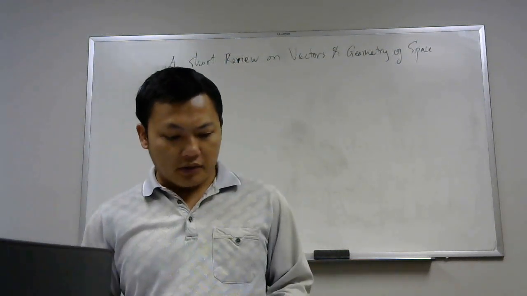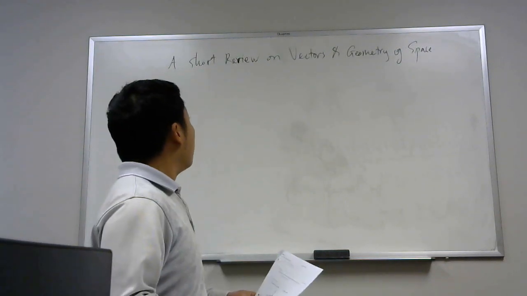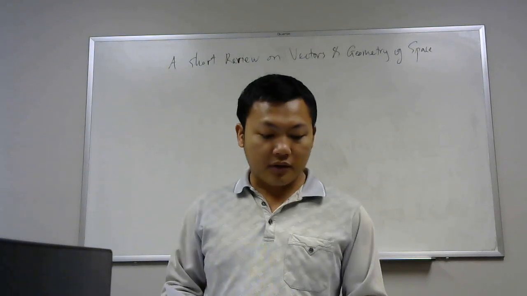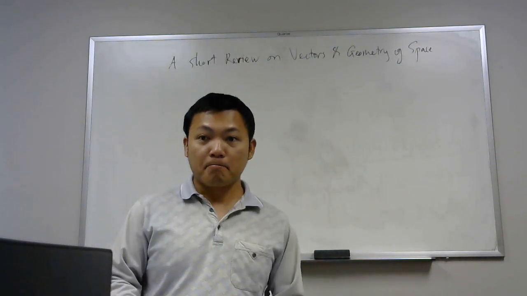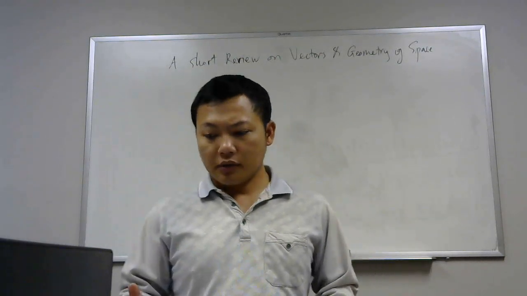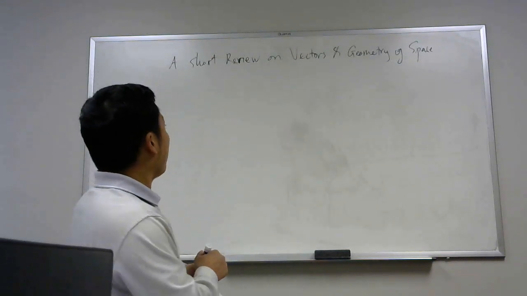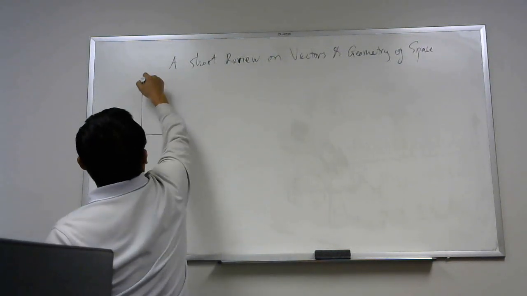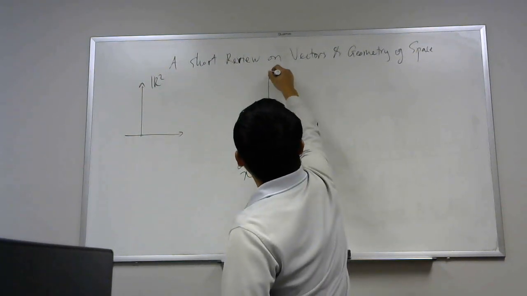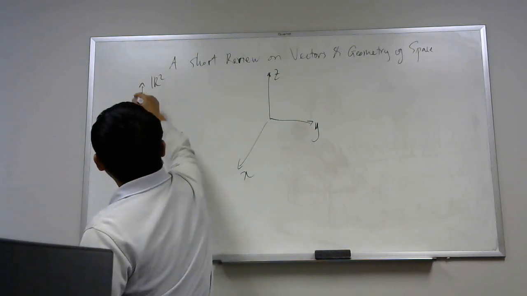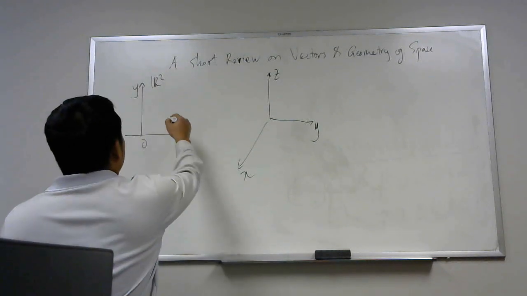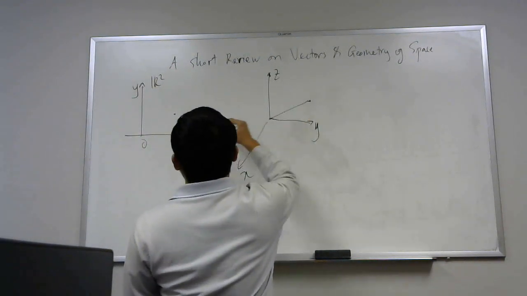Hi, in this video, I would like to provide a very short review on chapter 11, vectors and the geometry of space. Okay, so if we go from R2 to R3, basically, we have vectors in here and vectors in here, and